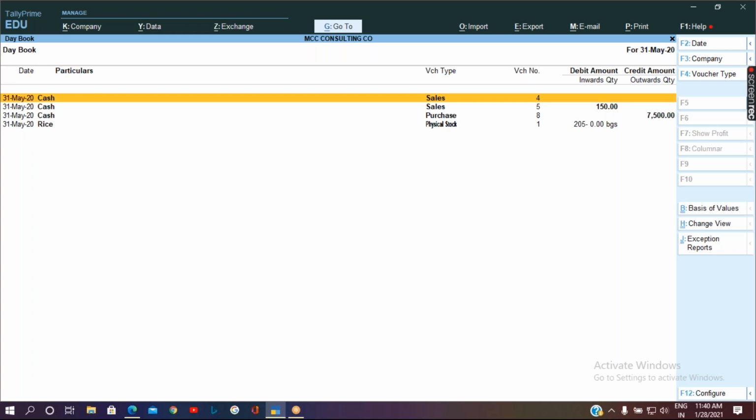Then also we have seen how you can use two types of quantity column. Actual quantity is how much is going physically out of our business, and billed quantity is for how much quantity we are charging. So this is the actual and billed column concept.